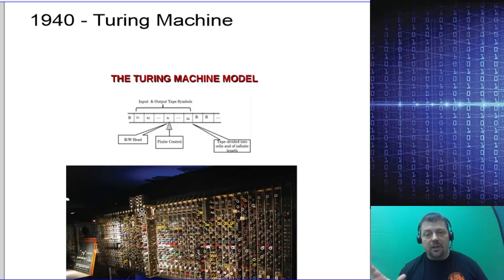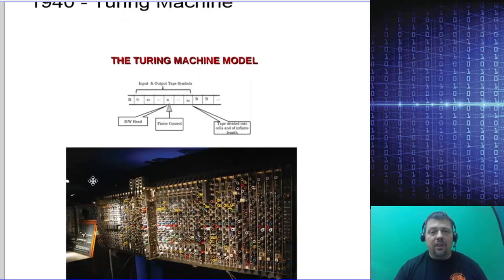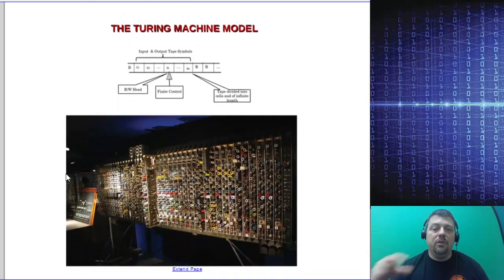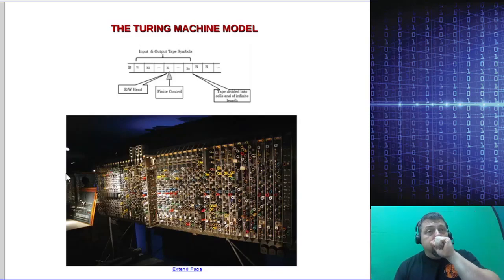Again, a lot of the details there are way beyond a layperson like myself, but suffice to say, it was one of the first computers that was used to solve a real problem, and that real problem was this: the Enigma code for the Nazis. So they had a specialized typewriter that had a coding mechanism that would code the message in a way that only somebody with one of those devices could decode. And the Allies couldn't get their hands on one of those devices, so we couldn't understand the Nazis' communication.